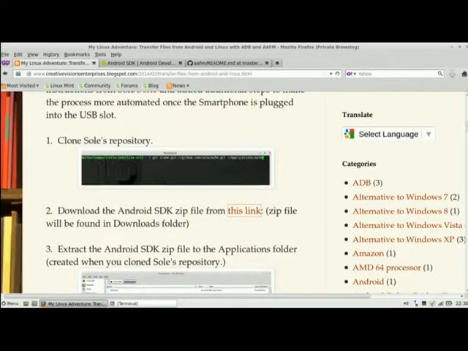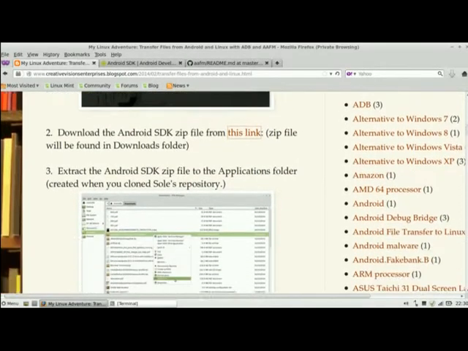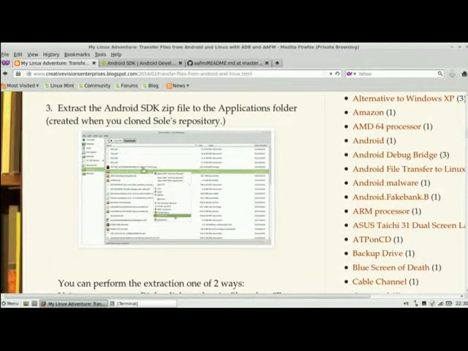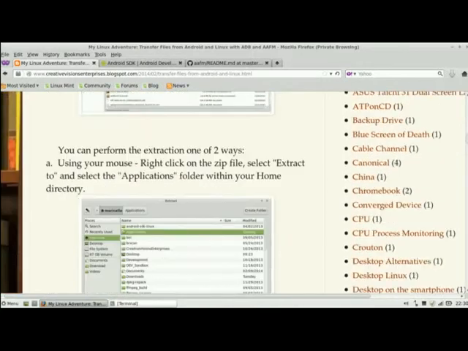And I want to extract that file from my downloads folder into the applications folder that was created when I cloned Seoul's directory. And I can do the extraction one of two ways, either using my mouse